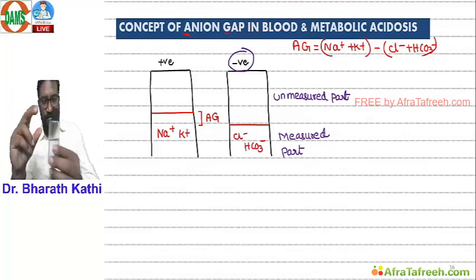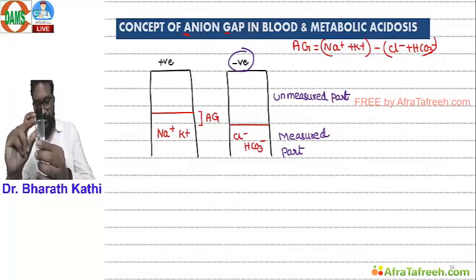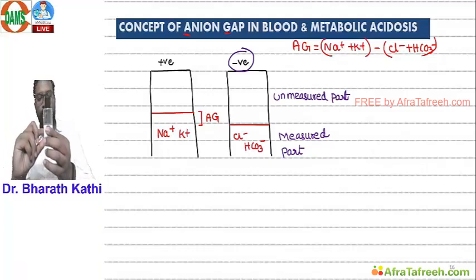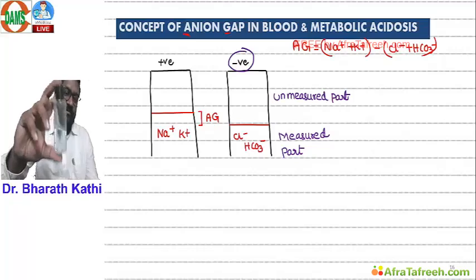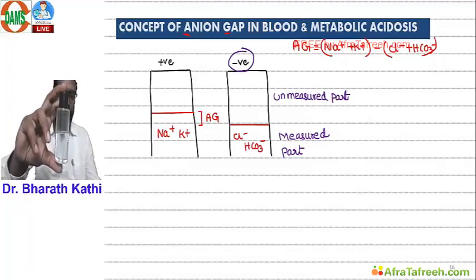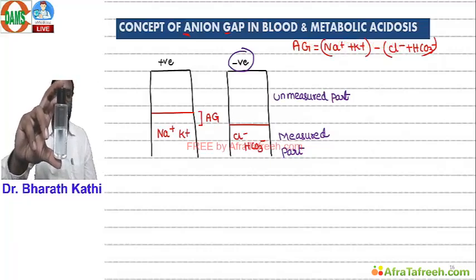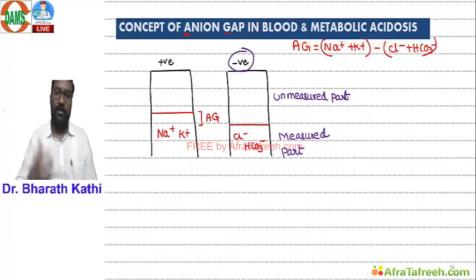In the same way, because of some disease, if the unmeasured part is increasing, automatically the measured part will decrease. Just like in this bottle, the measured part and unmeasured part will always adjust to maintain the total volume of the